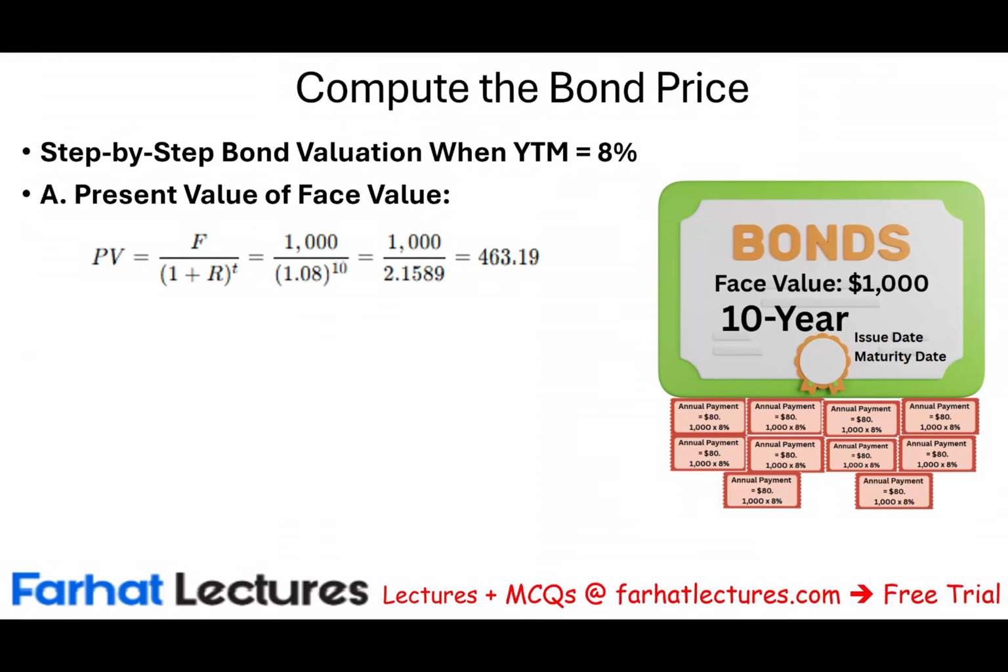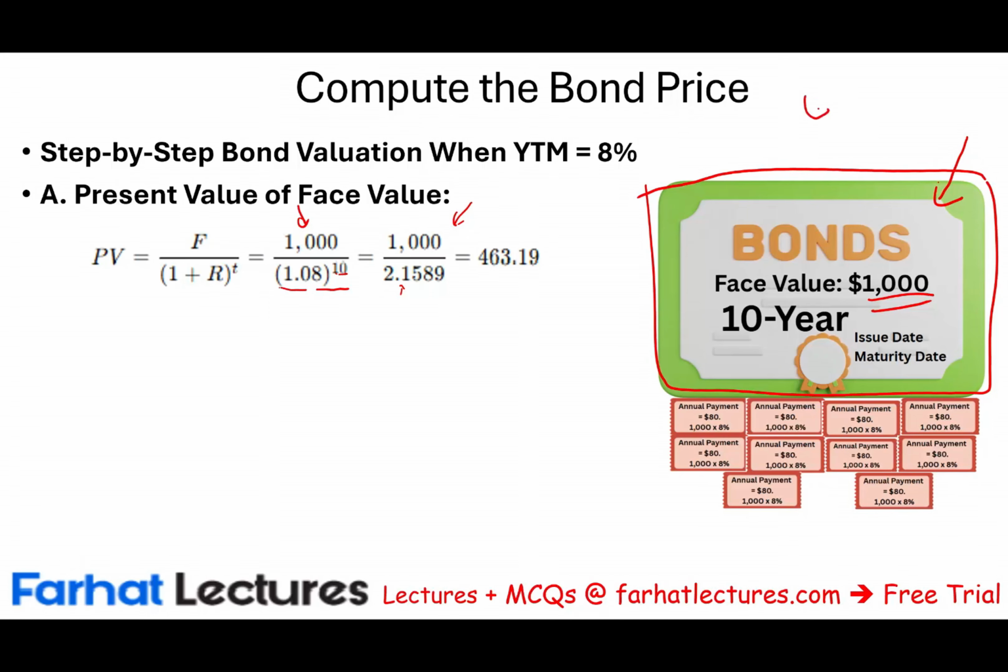Let's discount the present value of the bond. Hopefully you remember this. We'll take the payment, which is $1,000, divided by 1 plus r raised to the t. The $1,000 divided by the present value factor, 1 plus r, the interest rate of 8%, raised to the nth power, or to the t power, which gives you a factor of 2.1589. 1,000 divided by that, assuming you're using the formula. This part of the bond by itself, this $1,000 by itself, you're paying for it today